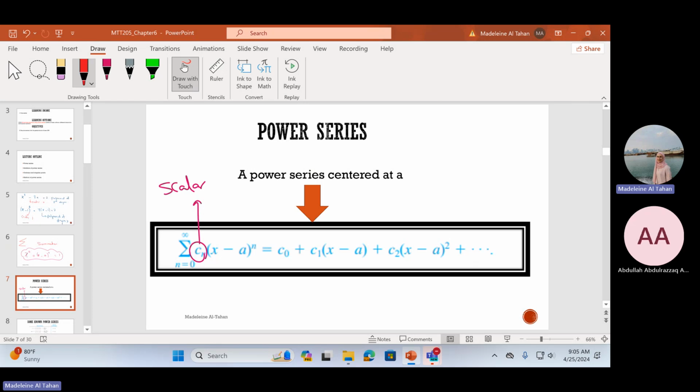So I need from each of you, after you write the general form, to write the general form of a power series that is centered at 0. So instead of a, we need to write